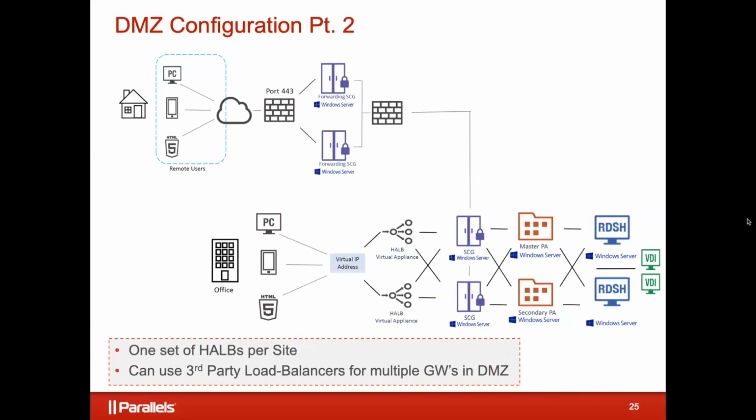What I see most people doing in this type of scenario is to use a third-party load balancer. The HALB is included in the solution, but it is an optional component. It is not required. It's simply doing NLB, network load balancing, open standards, so you can certainly use a third-party load balancer. So in this scenario where you've got a large number of users external as well as internal, people will use something like an F5 or Brocade or something like that, right? You can even use a Citrix NetScaler, to be honest with you, and load balance that.